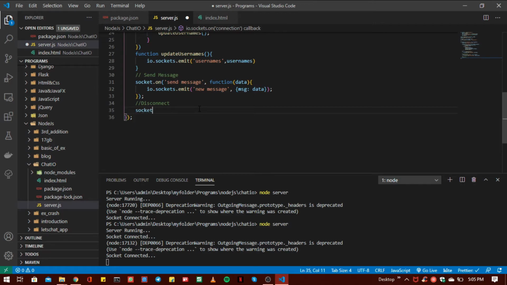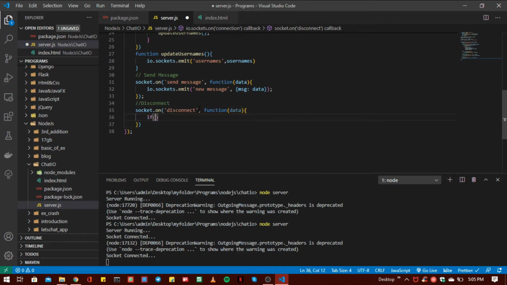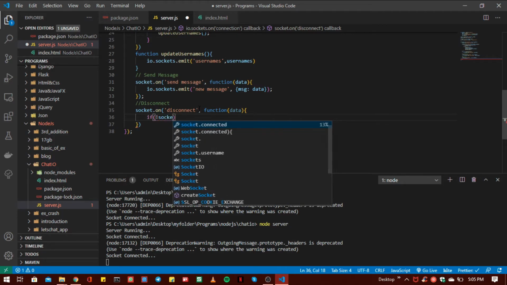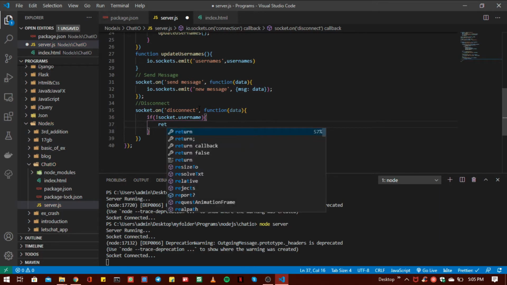So write the command here socket dot on and disconnect function that is passing data. If socket doesn't have username, then we want to return,